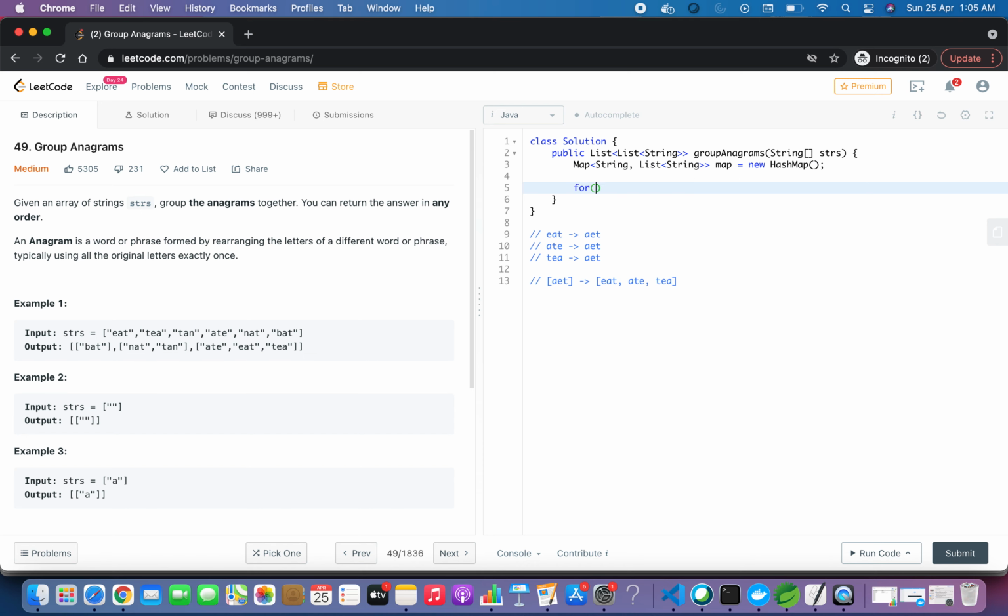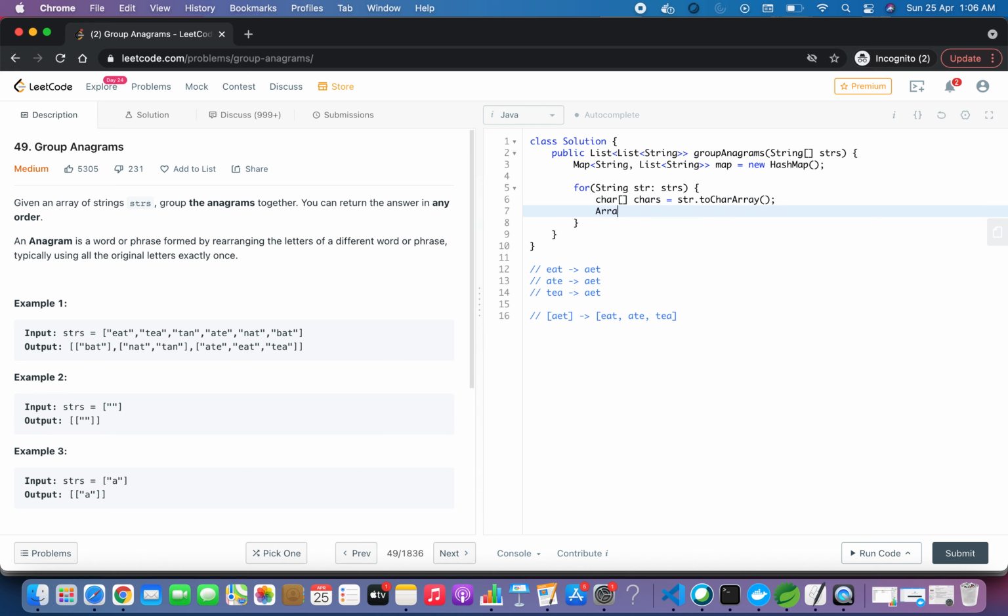Then we will iterate through all the strings, let's call each one str, and convert the string into a character array, called chars, using toCharArray.